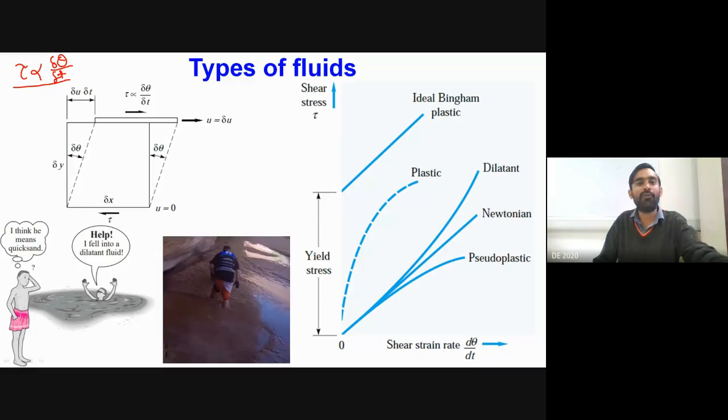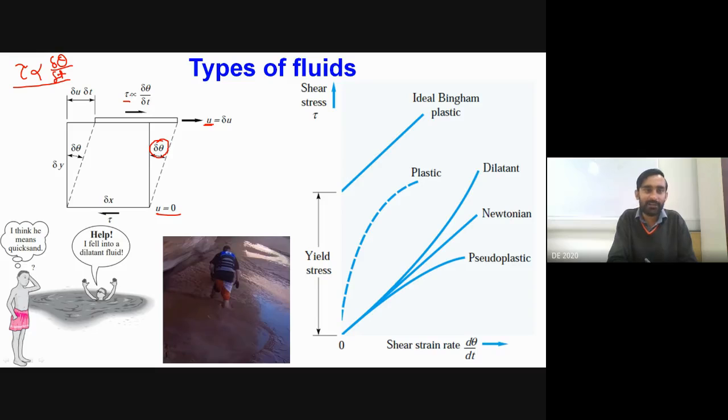Over here I have considered once again the same type of control element, where the bottom face of this fluid element has zero velocity and the top face has some velocity u. Because of that, obviously, we will have continuous deformation. At any instant I have considered delta theta as our deformation. As I already told you, the shear stress tau will be proportional to the rate of shear strain, del theta by